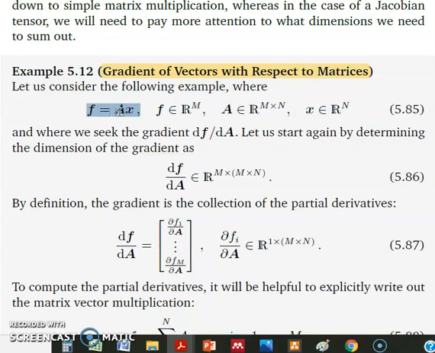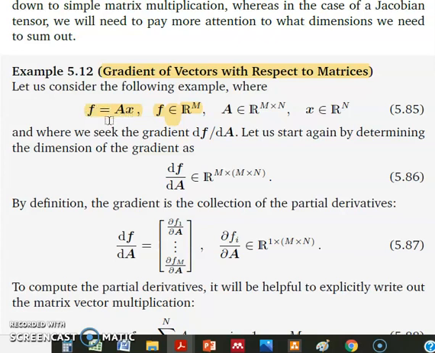For that, we are considering the following example: f is equal to Ax, and f belongs to R, real numbers, and the dimension is m. Okay, m is the dimension of that function f, since it is a matrix. Here f is equal to Ax, where A indicates a matrix and x indicates a